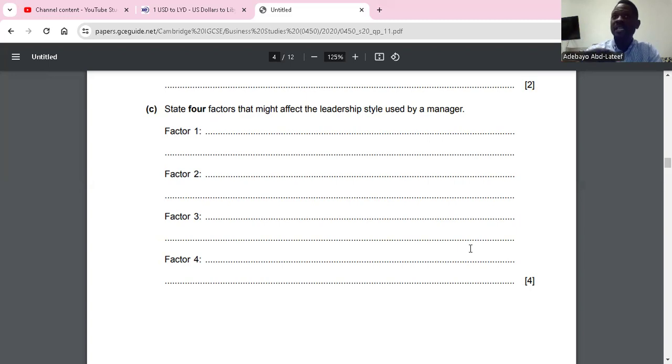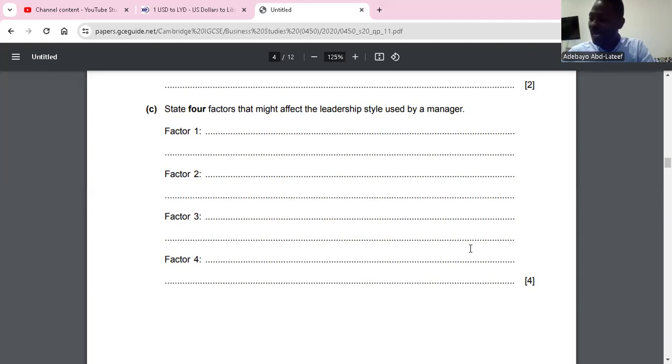So for managers, they need a leadership style. So what is leadership style itself? I wrote, leadership style is the approach each manager uses in running the organization. So leadership style is an approach that you can choose to run the organization. That is what leadership style is. So what are the factors that determine the approach you use as a manager? Before I go into that, I explained the types of leadership styles we have: autocratic, democratic, paternalistic, and laissez-faire leadership style. So let's go to factors.